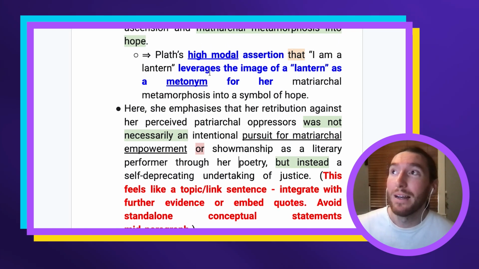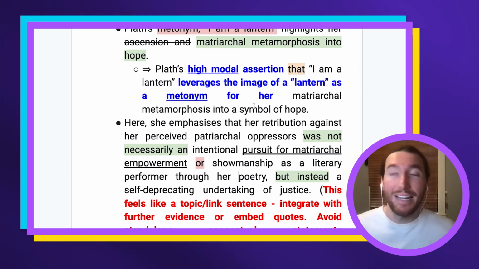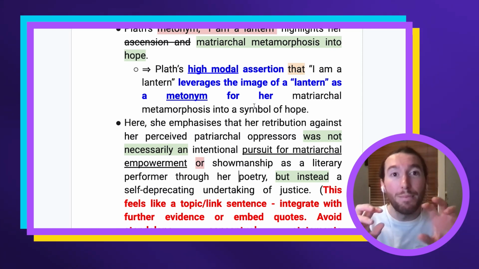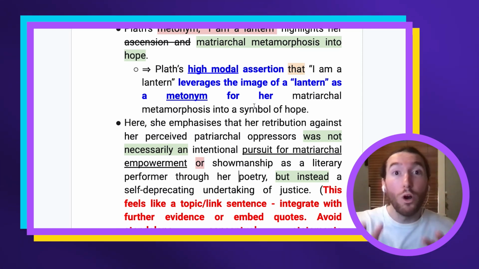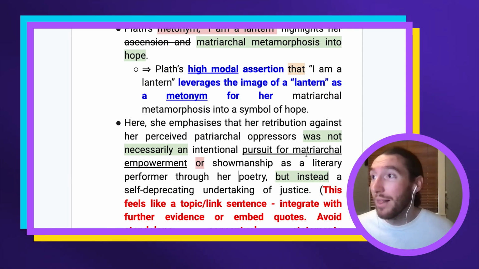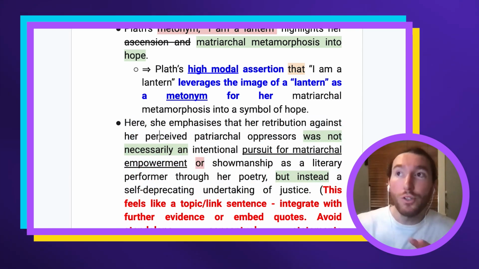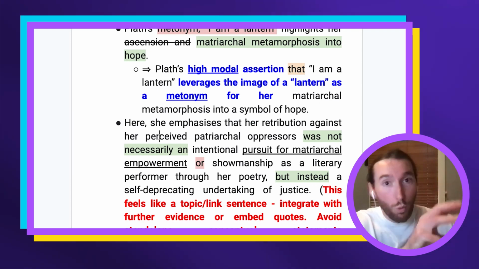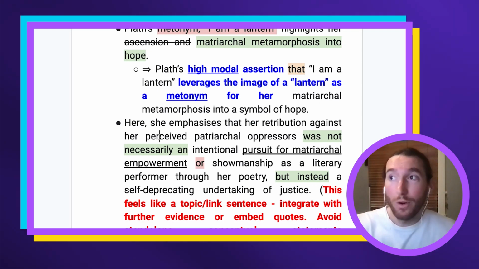So even though you've got "I am a lantern" as your primary quote that you're breaking down here over 2 sentences, try and integrate some other small 1 or 2 word quotations from Plath's work into this sentence. So you're not using every quotation as an example of a technique, but rather you're actually just working some of the words into your argument, into your explanation, so that you actually show a deeper engagement with the text.